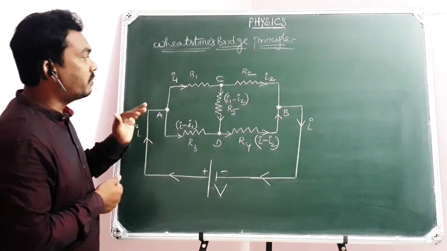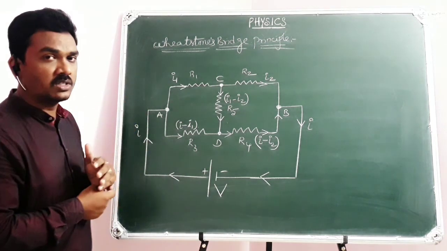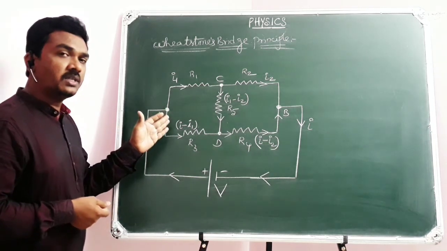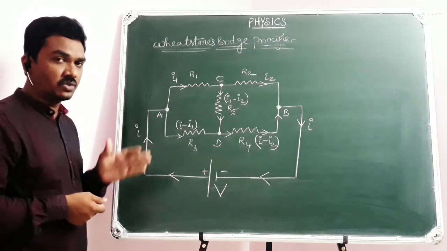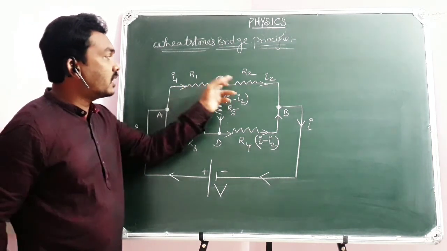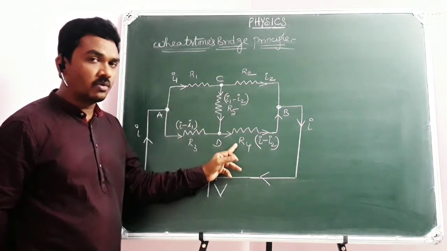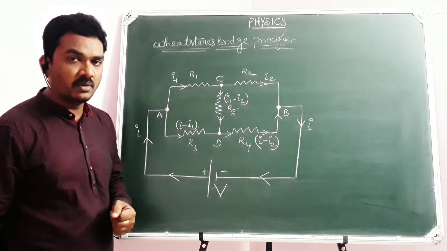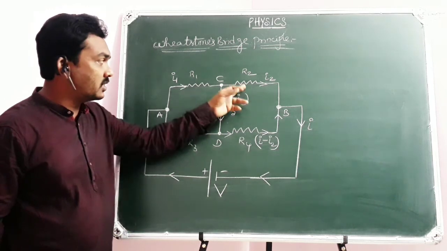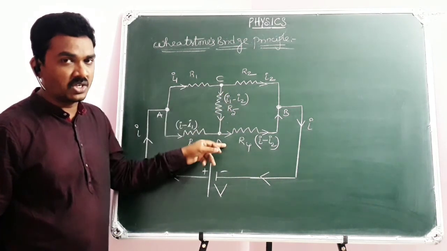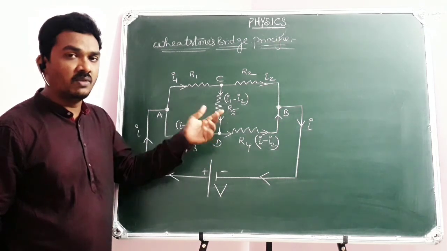But first, my intention is to explain to you the concept of the Wheatstone-Bridge principle. Yes, the same electric circuit you have seen even in capacitors. What is the Wheatstone-Bridge principle? When R1 by R2 equals R3 by R4, then C and D will be at the same potential. Hope you do remember capacitors. C1 by C2 equals C3 by C4, then these 2 points will be at the same potential, and then this fifth one will be ineffective.